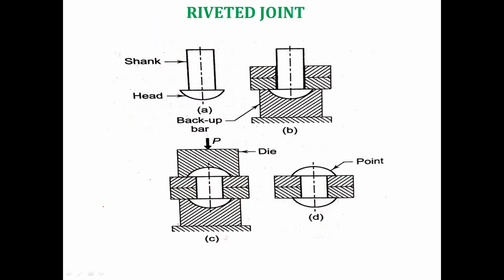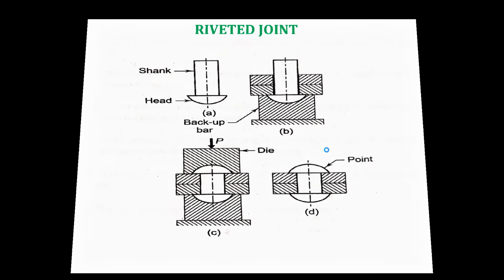Okay, so I can ask this in your end sem exam or in your midterm exam. Then you have to draw these 4 diagrams and explain them. What is happening in the first figure? I can ask you to explain the mechanism of a rivet joint. Then with the help of these 4 diagrams, you have to explain what is happening in the first figure, the second figure, the third and fourth figure, and finally you get the last figure, which is your rivet joint.